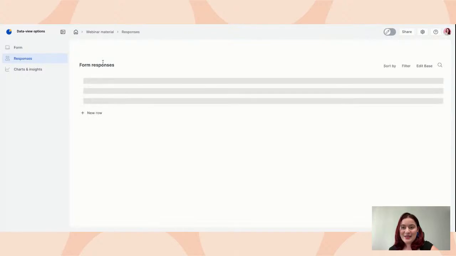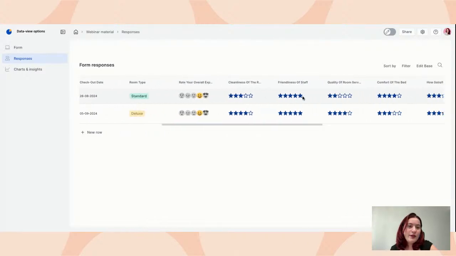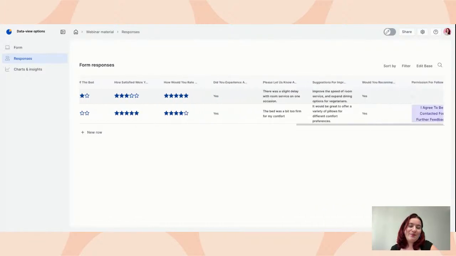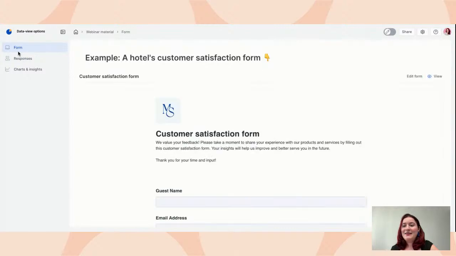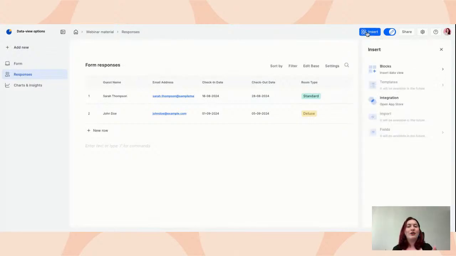And when you go to responses, this is what the table is going to look like and what you're going to see over here. So for example, we have someone, Sarah Thompson, we have all the information right here, what they filled in. And in the dashboards, you can play around. In most of our templates, the responses table is already put into the template. However, you can also edit. And how you can edit is to either type the dash icon and click on Insert button and insert the block that you wish to be displayed in your dashboard.